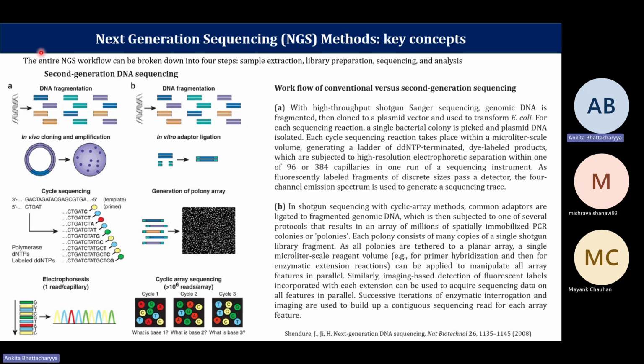Okay. So what is the overall flow? What entails the overall flow of next generation sequencing? If you look here, there are some common steps that you'll usually find. The first most common step is that DNA needs to be fragmented. The question is why? Why can't we just take